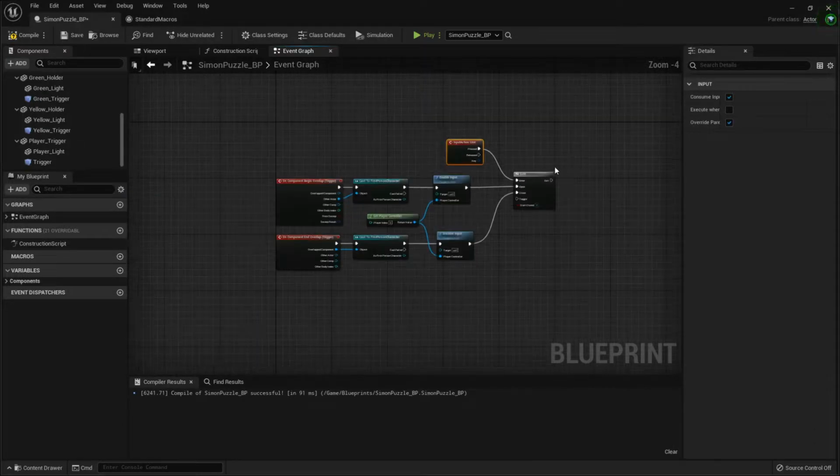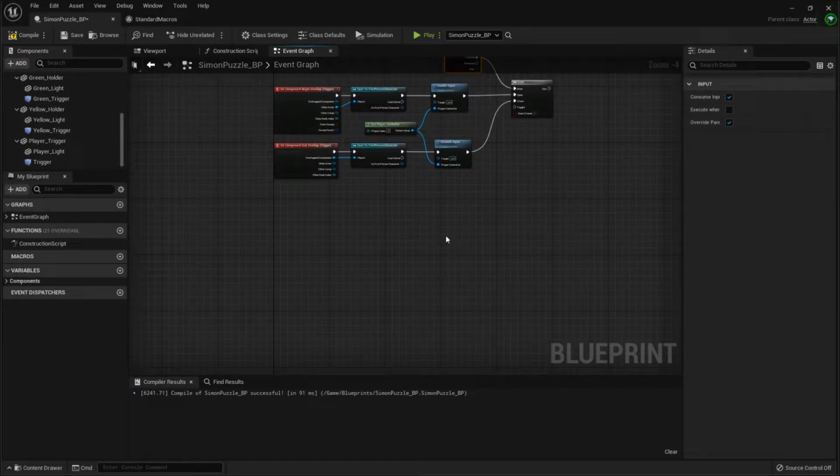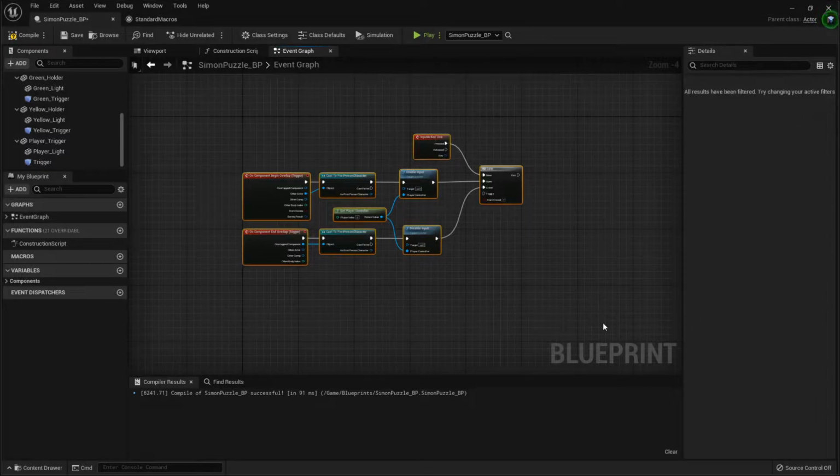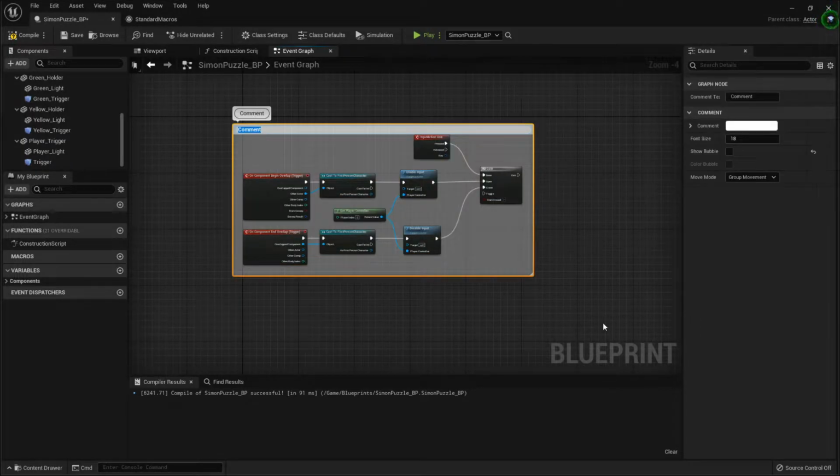All right. Next, I think we will create a custom event. I usually use functions, but whenever you're brainstorming, I like to just use custom events, and we can always collapse them into functions later on. But for right now, I do want to select all this, press C to make a comment, and just say